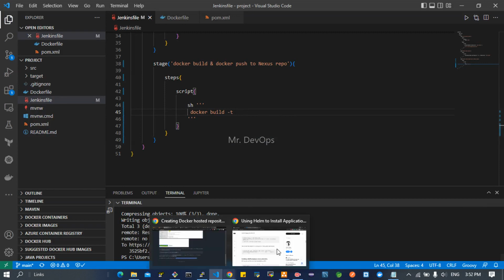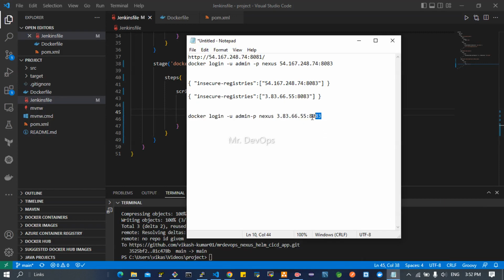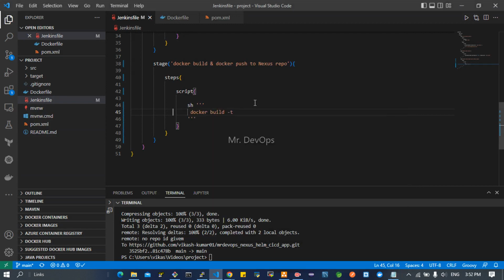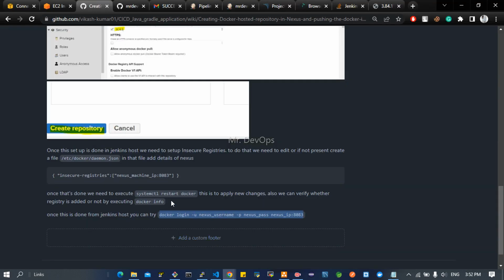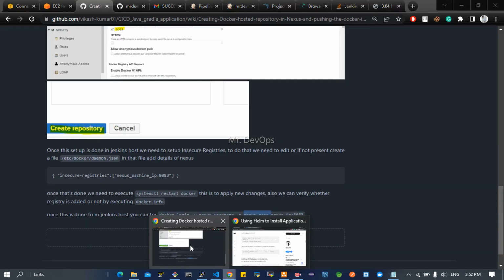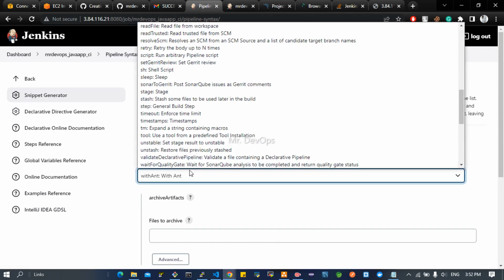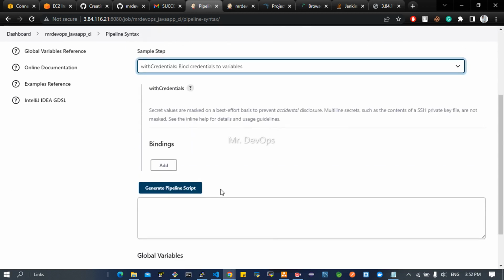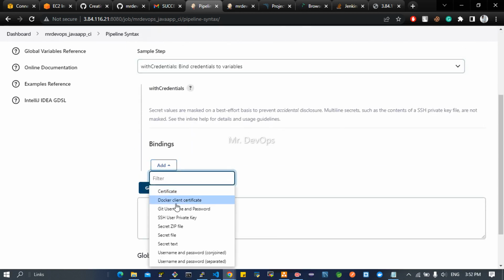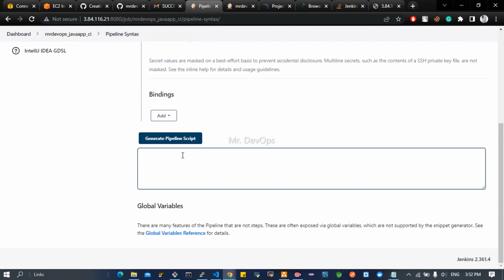Once this is done, we will try to automate all these things. So how will you tag? You have to take the same IP and the port. Okay, you take the Nexus IP and the port. We will tag the image so that it will go to the particular repo. Correct. So before that, are we going to use the Docker Nexus repo password like this? This is not a correct way, right? So what we will do here, try to generate the password, we will bind it,